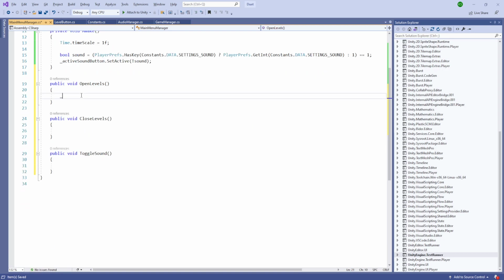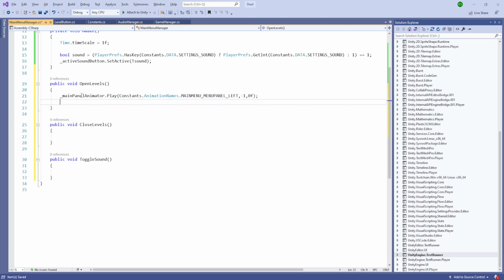So inside our close, we'll just add main panel animator.Play. What we need to play is Constants.AnimationNames.MenuPanelLeft from the -1 layer and 0f,